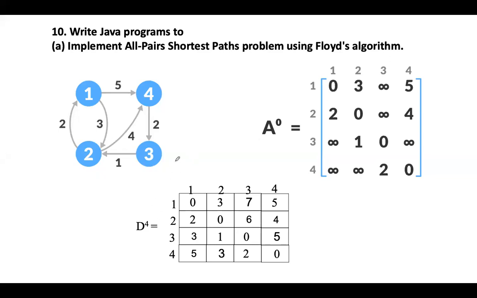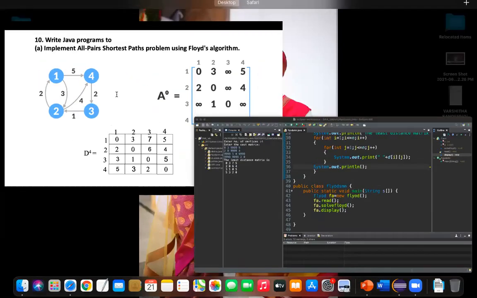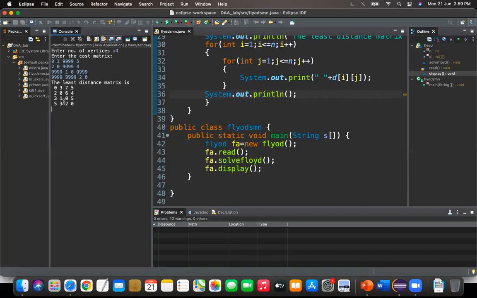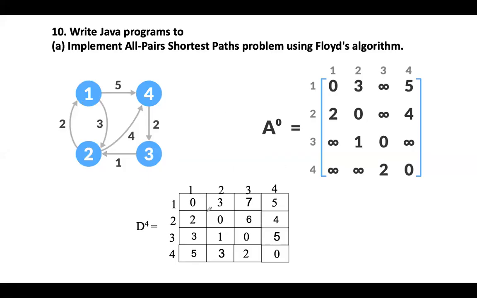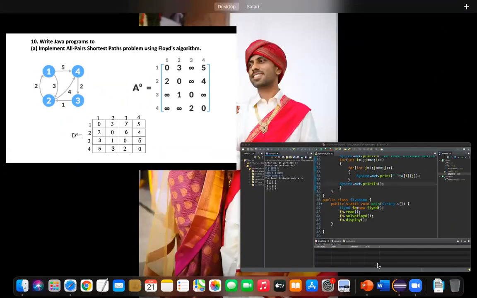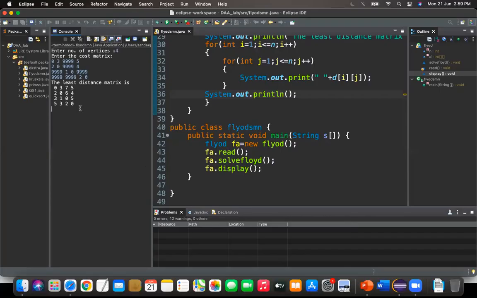This is the problem which we solved in the previous class. So the output is 0375, 2064, 3105, 5320. This is the least distance matrix for the given graph.